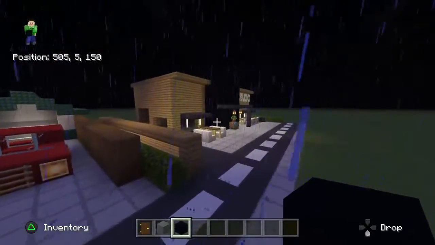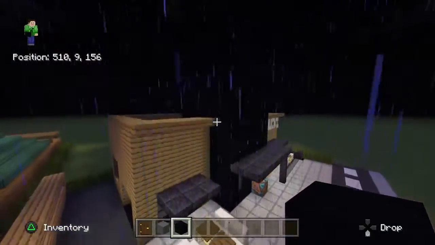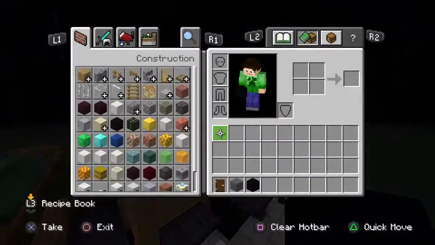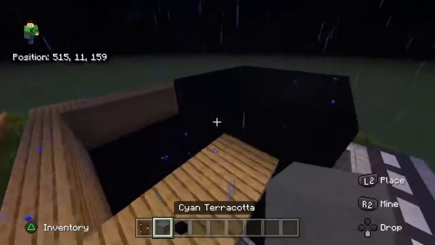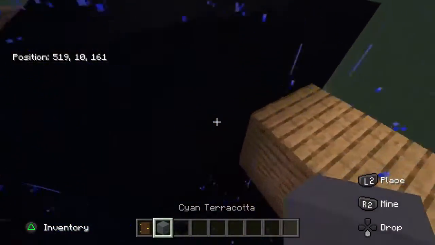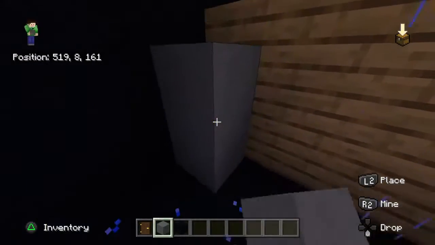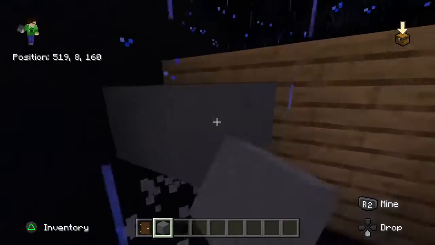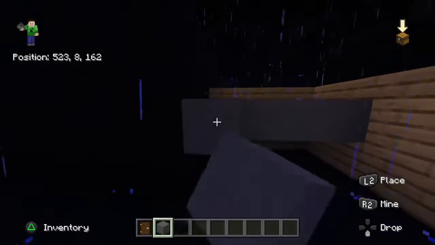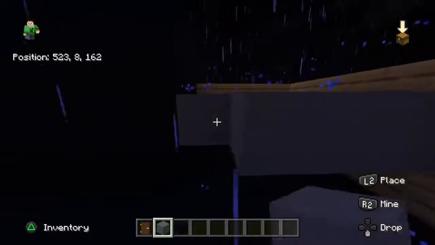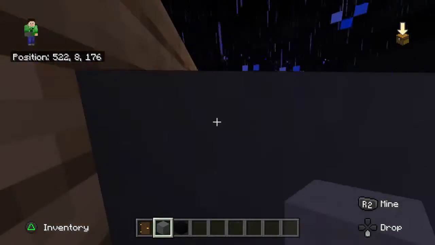Another thing that I want to do is I need to seal up the ceiling, or seal up the roof, I should say. So I'm thinking with the roof, honestly, I might add another row of cyan terracotta. I didn't plan for this, but it's actually one of those things where it's inconsequential. The only person it really should matter to is you. Like, what colour do you want to